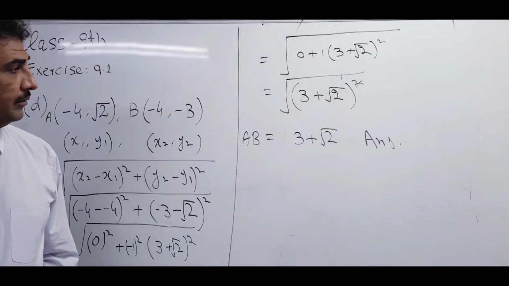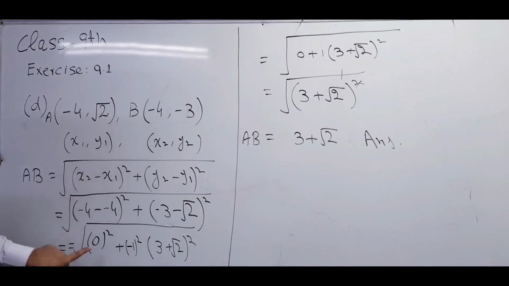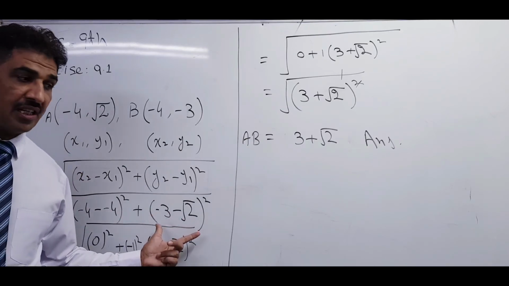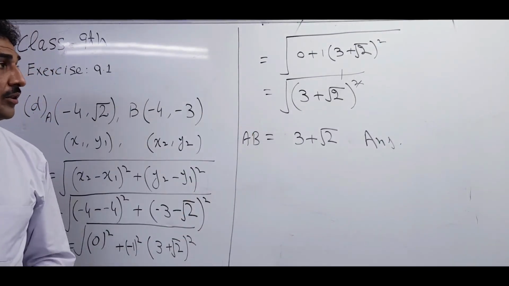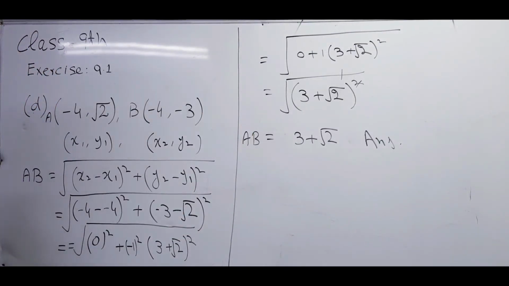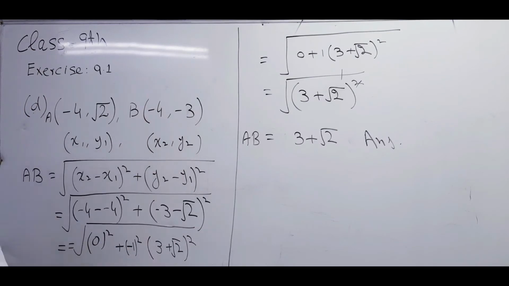Is it clear? So in question number 1, all parts are like that. If you are confused, then you can use the calculator here also, and you will get the answer like that. Okay, so after that we will solve the next question, number 2. It is also very easy, simple. Okay, I will explain, and meanwhile you will write this one.